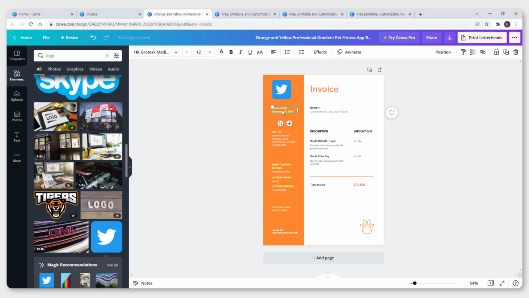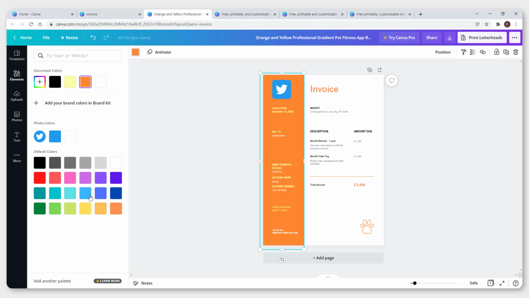Change the number, date and so on. Just click inside and change the text. Everything is here. And to change the color, click on the background, click over here and choose the background, for